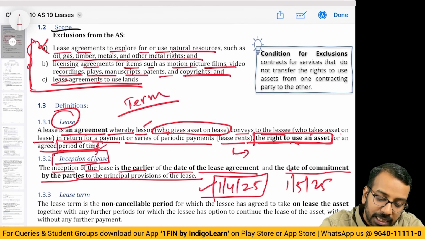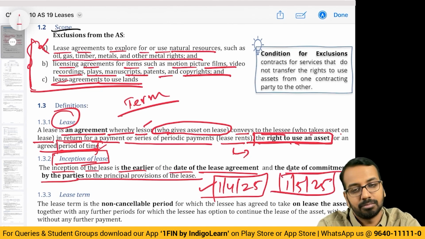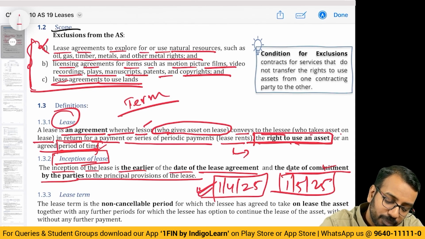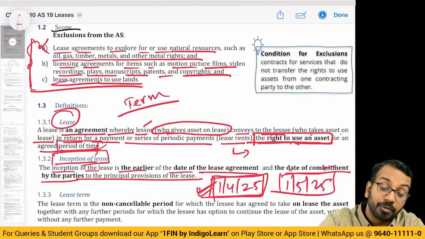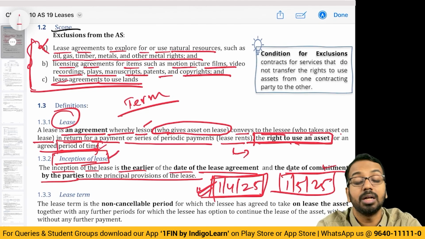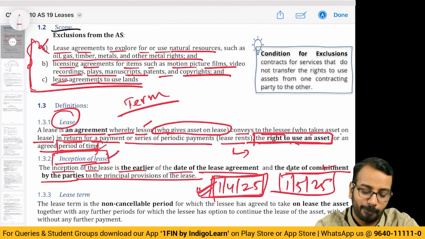Or if I have already signed the agreement, then this becomes the inception. This becomes the inception of the lease. So basically, I will take on 1st of April of 25, where I have agreed all the provisions. That period is called the inception. That period is called the inception of the lease. Okay. Now,